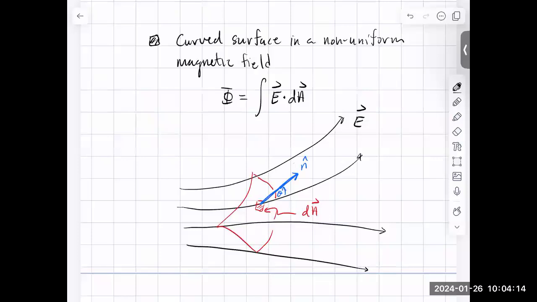And then we're just going to add them up for all the little patches that we need to form our complete surface, and we would get the net flux that we could express as this integral. Eventually, we will get to Gauss's law, probably in the next couple of classes, and one side of Gauss's law is going to be this expression for the flux, the integral of E dot dA. What we're going to do is find a new way to calculate the same flux, and then we're going to say these two methods for calculating the flux have to be identical,